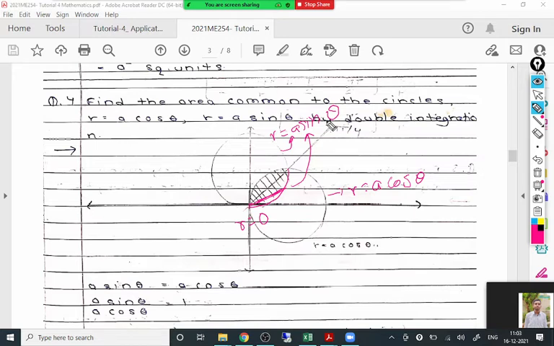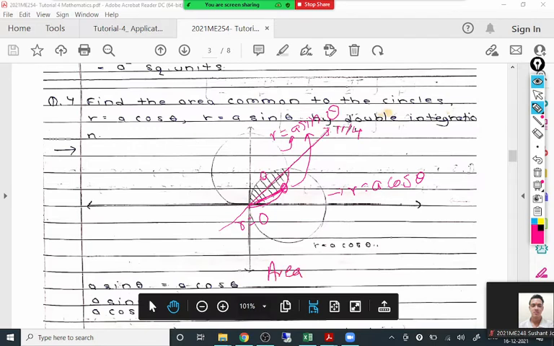What about theta? What are the limits for theta here? You'll observe first of all the region exists from 0 to pi by 2, but out of that, the upper end of the strip is varying on this circle, but up to this point it is varying on some other circle. So there is a need to divide the region at pi by 4. Yes, pi by 4, correct. Then pi by 2. Very good.